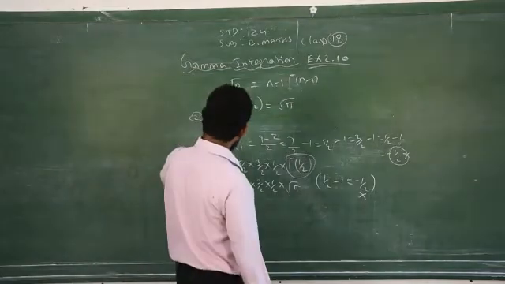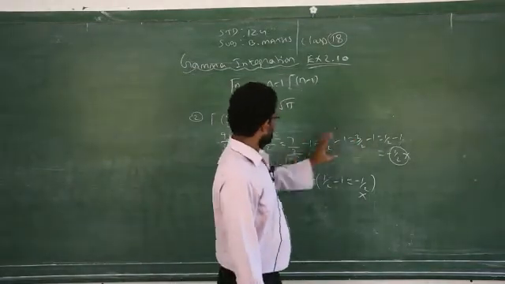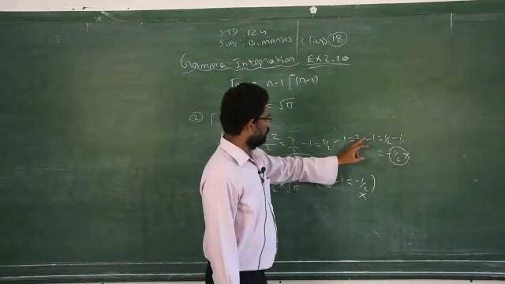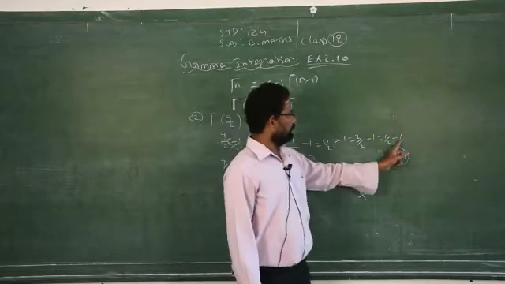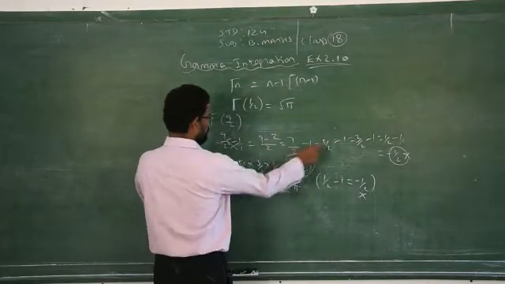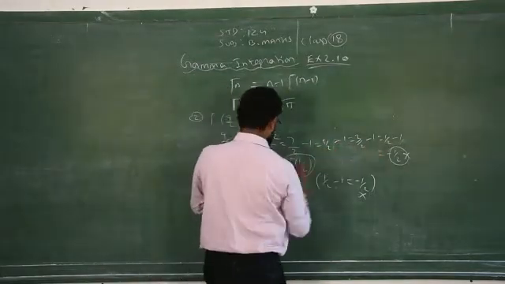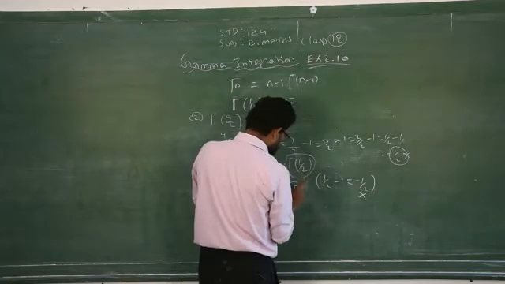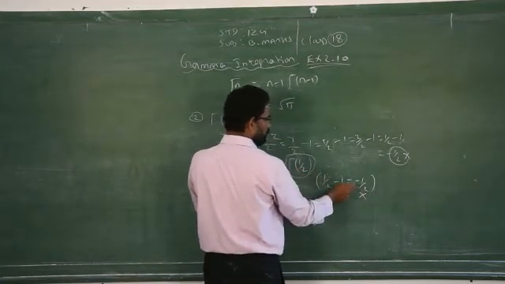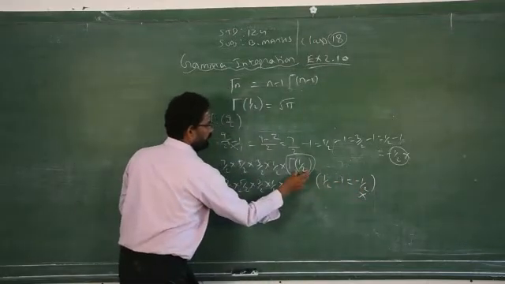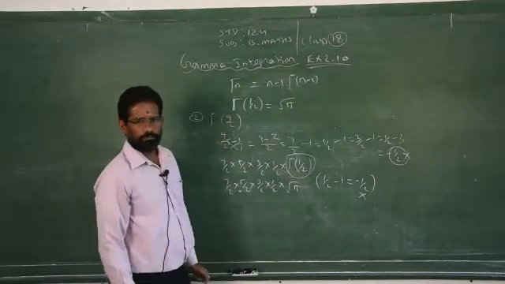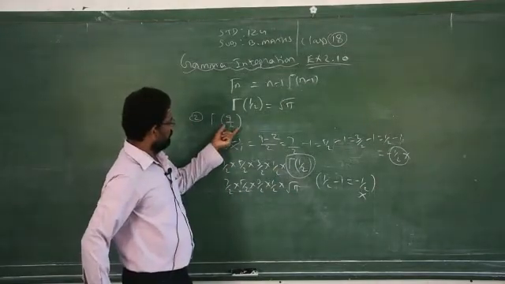This is for your understanding purpose I did. If you subtract, you will get 7 by 2. 7 by 2 minus 1, 5 by 2. 5 by 2 minus 1, 3 by 2. 3 by 2 minus 1, 1 by 2. Then if you subtract 1, you will get minus 1 by 2. That is not allowed. See, 7 by 2, 5 by 2, 3 by 2, 1 by 2. But you cannot subtract 1 from 1 by 2. If you subtract, you get minus 1 by 2. This is not allowed. That is why I kept it as it is. So, gamma 1 by 2 is nothing but square root of pi. That is a formula. Just you have to subtract 1 from the given number. That is all.